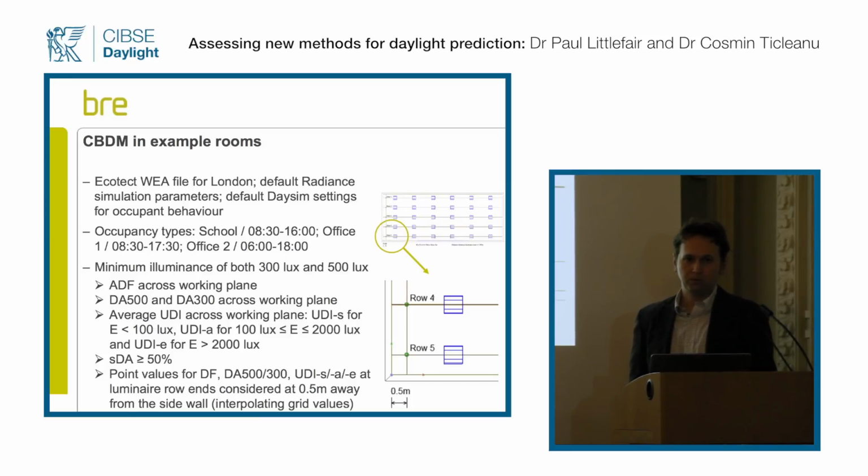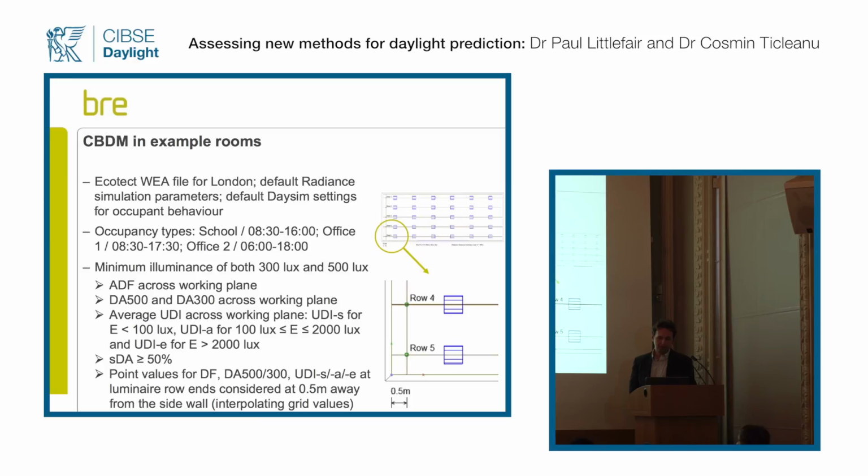And what we wanted to determine was this list of parameters. So first we wanted to see what the average daylight factor was across the working plane, and then daylight autonomies for 500 and 300 lux across the working plane, average UDI across the working plane, and in this case we just used the default values in DaySim. So you can see 2000 lux instead of 3000 as per the EFA document. We also looked at the spatial daylight autonomy,